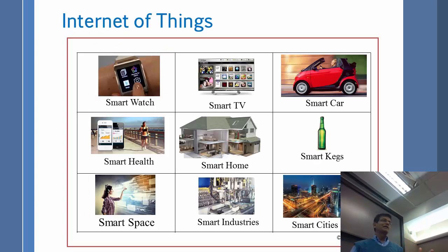Internet of Things has started happening. So now we are wearing smart watches, watching smart TVs, driving smart cars, running smartly, doing smart health. Our homes are smart, our wine is smart, our spaces are smart, industries are smart, cities are smart. Everything is smart, and everything is wireless. Remember, what is smart? Smart is connected to the internet. And to connect, you know how: wireless. You couldn't be driving a car with wired. You couldn't be doing a smart watch with wired, or much of these things. Probably you could have a wired smart home or industries, but it is much easier to do wireless, even there.